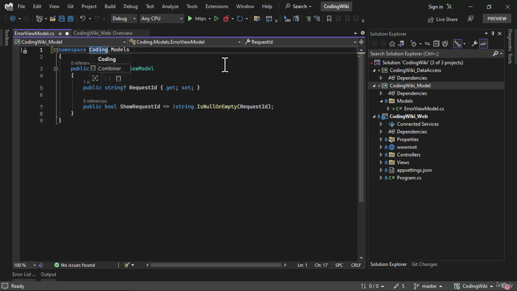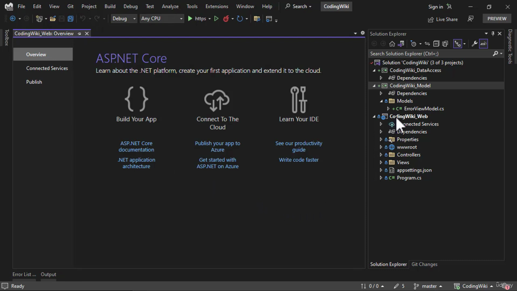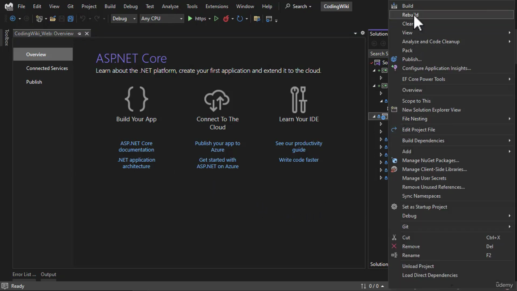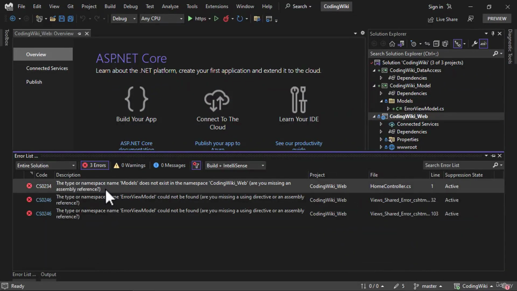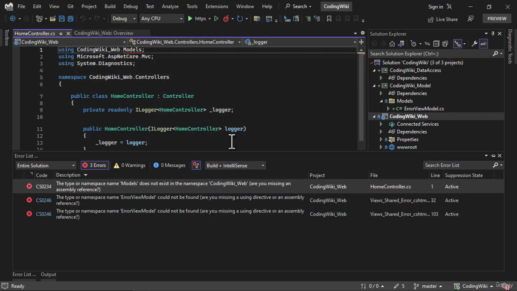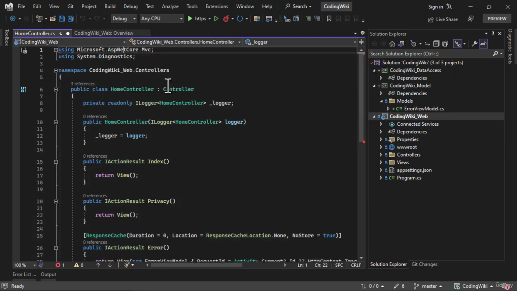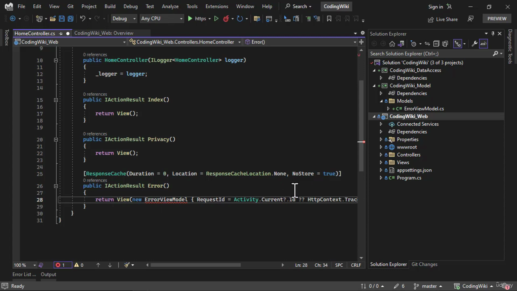For that, the project name is codingwiki_model, and then we have the models folder. That looks good. Let me save and close that. Now if you build the project here, it might fail. Let me see that. Yep, you see that failed, and that is because it cannot access the models because the error view model is no longer in the models folder in the codingwiki_web. So if you double click here, we will have to remove this using statement, and for the error view